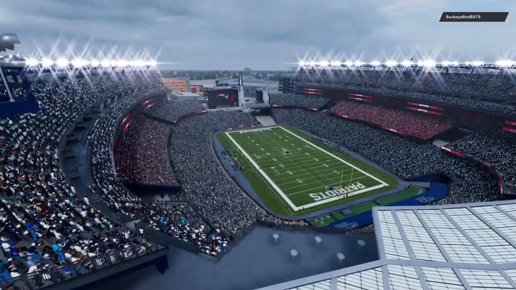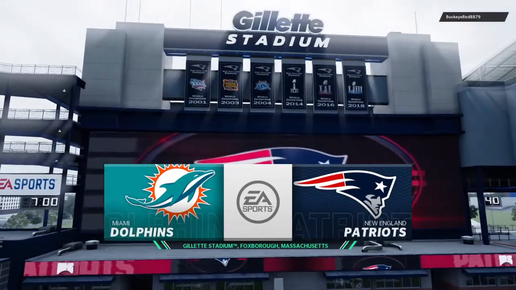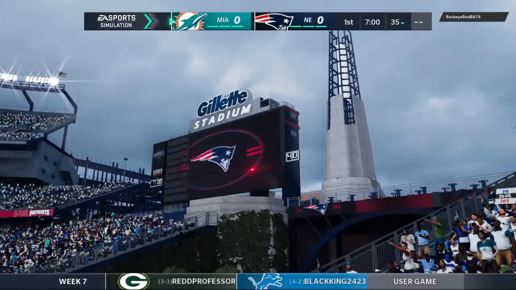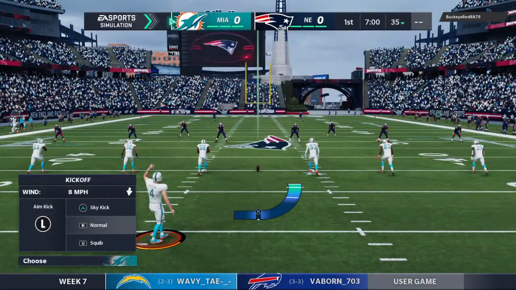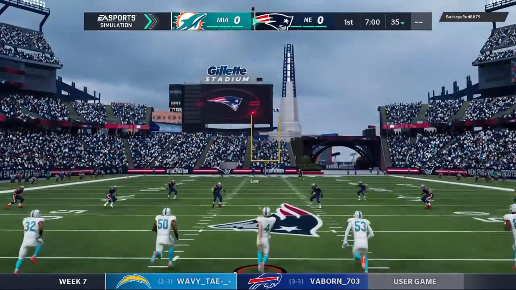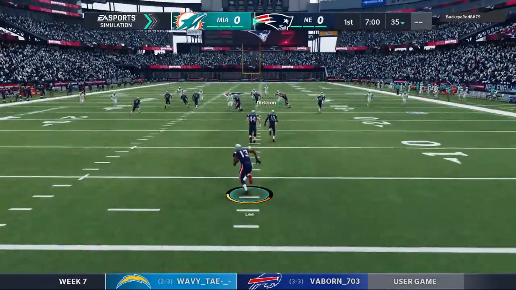EA Sports coverage of the NFL has us roughly midway between Boston and Providence. Everybody knows it as Gillette Stadium in Foxborough. Nothing like the fanfare of introductions to an NFL game, and that was in evidence a moment ago. Fireworks, pyrotechnics, you name it. This crowd is ready as their guys get set to match up between the Miami Dolphins and the New England